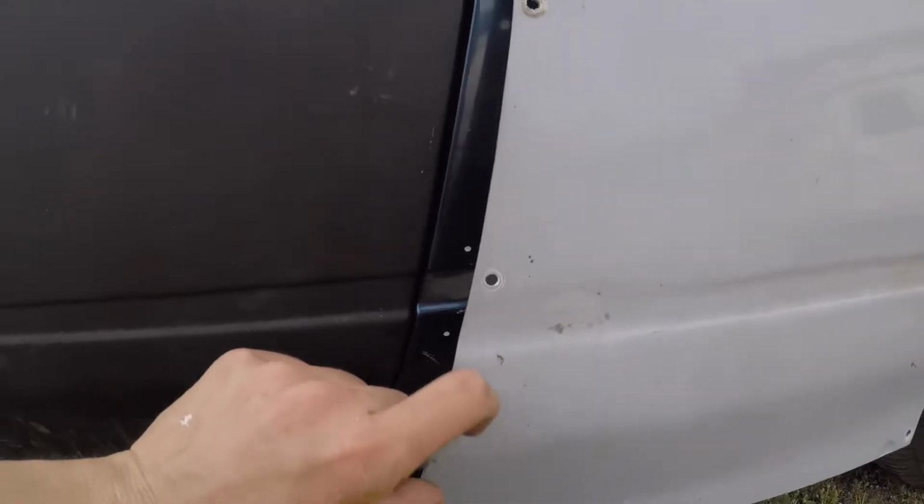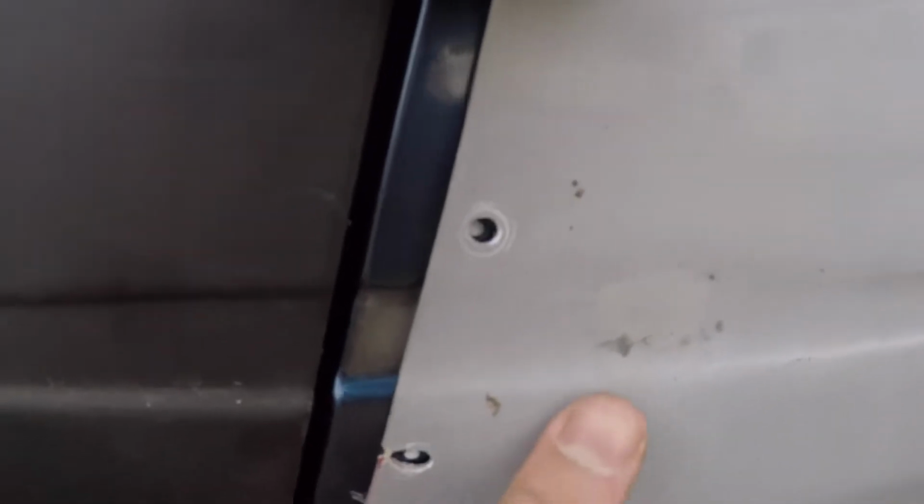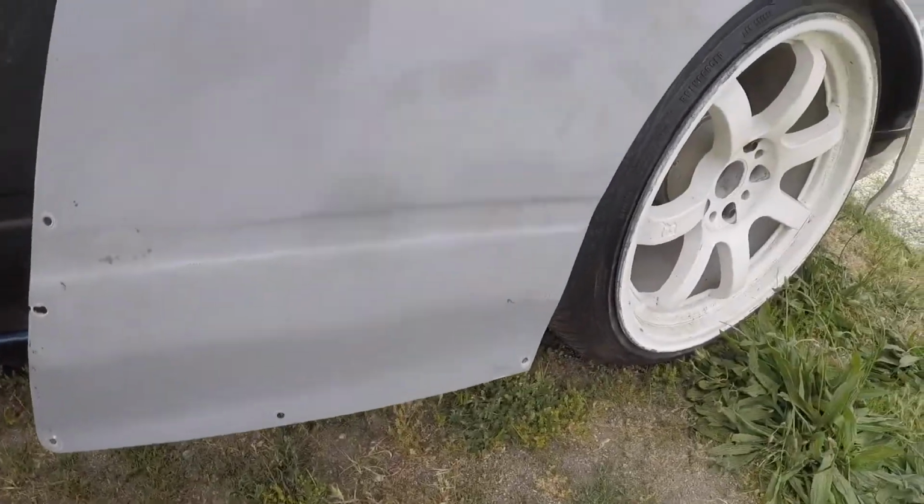And there's also these ones down here. I've gone ahead and lined them up, and you can see I marked that spot. So we've got the body line there, and these two down here are lined up. Now that I have those marked, I'm going to drill a hole and get one riv nut in. Once I have the first one in, I'm going to go around to each corner, make sure it's lined up, and then fill in the rest of these holes that I have drilled into